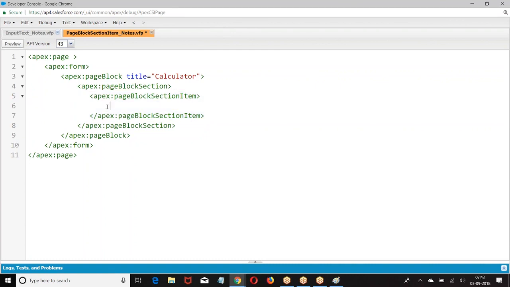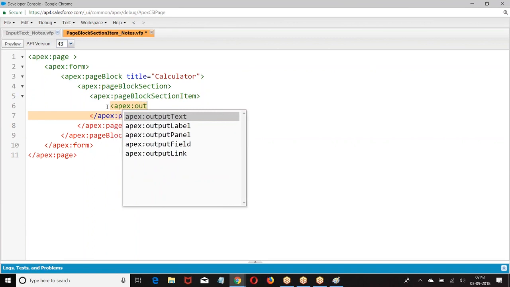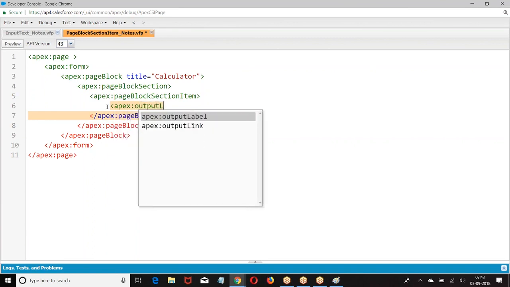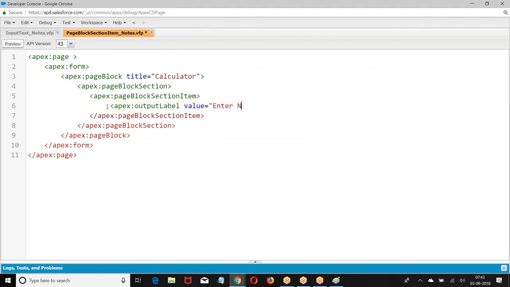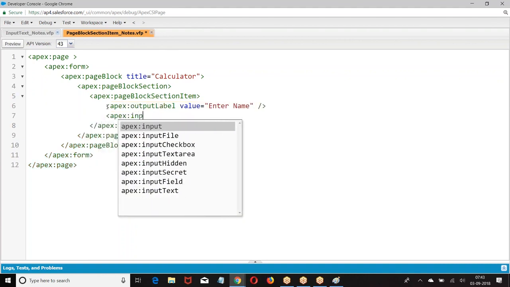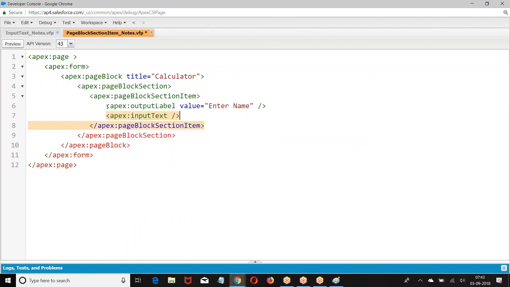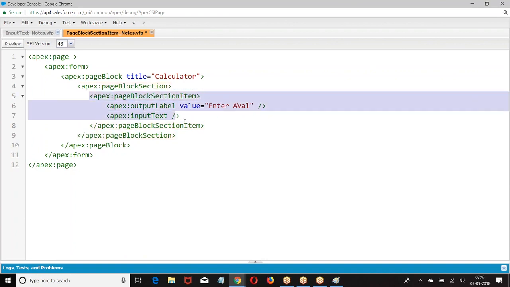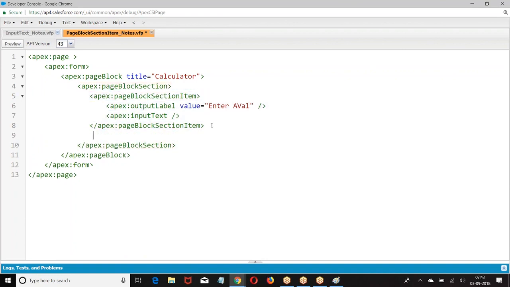One page block section item will be displayed in one column. Within the page block section item, it can have two child elements.